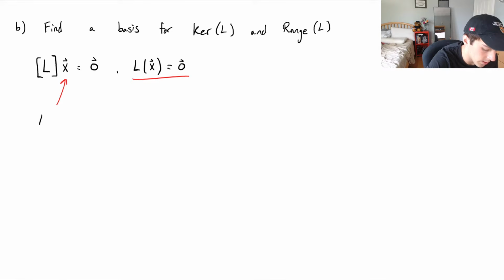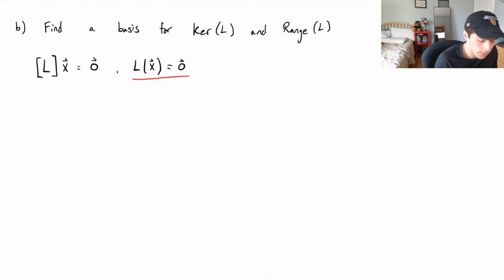Some matrix vector product Ax equals 0. Well, all of the vectors x that satisfy that equation will be the null space, right? So you can see how these are very, very related concepts. And we can see how if this is just the null space, then we should solve it pretty much the same way. We just need to set up a matrix of our homogeneous system, L times x equals 0 vector,